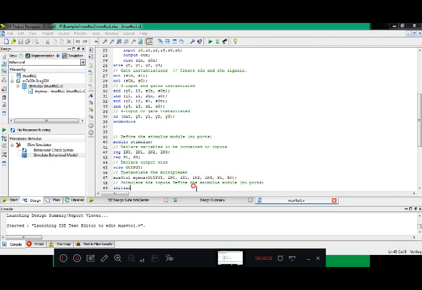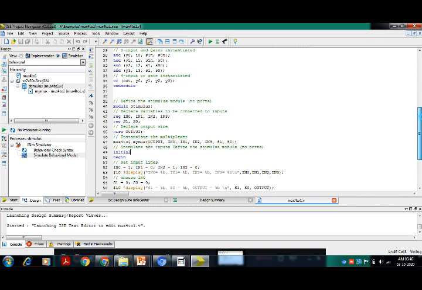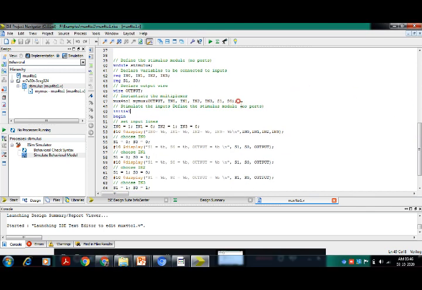So here what we are doing, using an initial statement, we are supplying values. Suppose within the initial statement, IN0 1, IN1 0, IN2 1, IN3 0. You assign initial values 1 0 1 0. Now we are giving a delay of 10 time units. Display the values of IN0 to IN3.